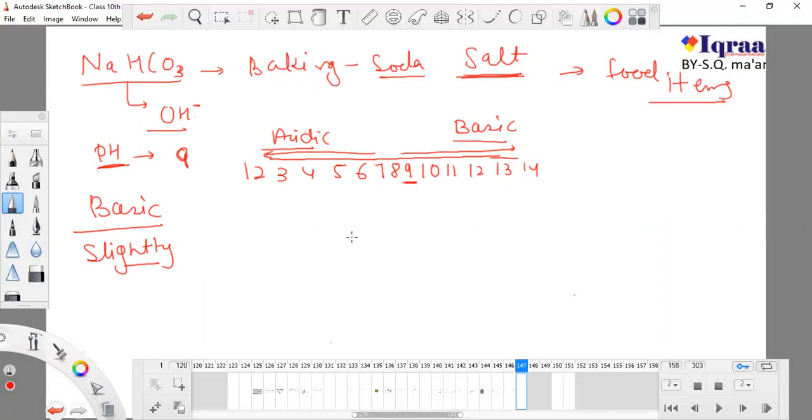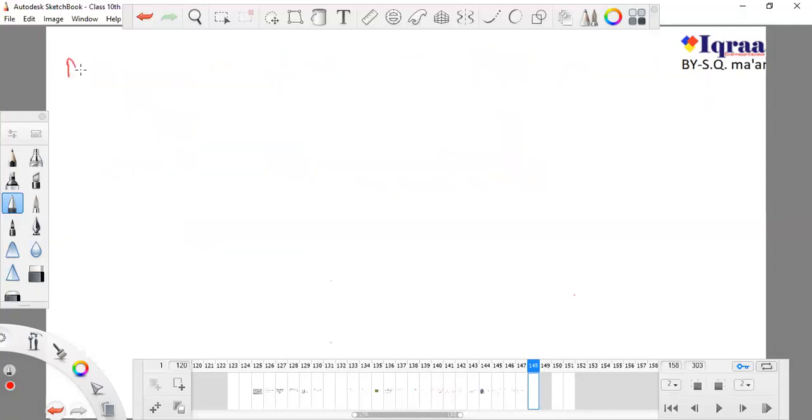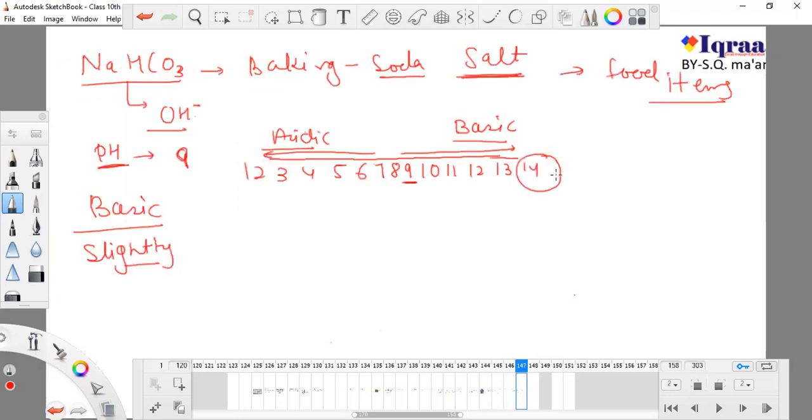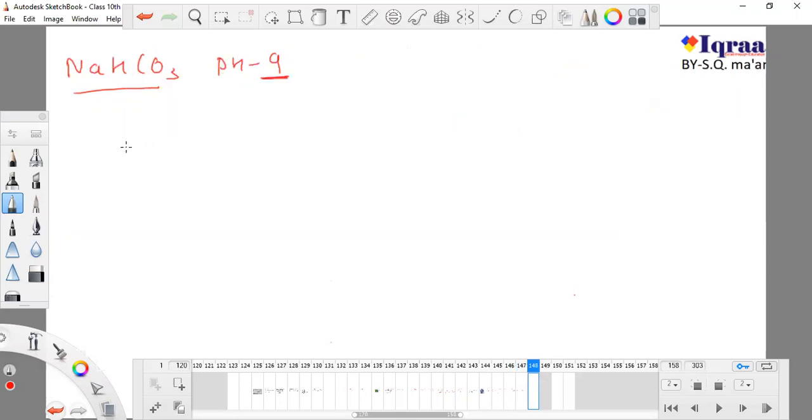This baking soda is used in many food items, generally those which are fluffy in nature. I'm going to tell you what fluffy means. This sodium hydrogen carbonate has a pH of 9, and only because it has a low pH, it is basic but not that much basic. If something is at pH 14, you cannot use it for eating. Even if something is at 13, 12 or 11, you cannot eat it. They are bases, but they are harmful. Higher bases are also corrosive, but because this is mildly basic, we can use it very easily in our food items.